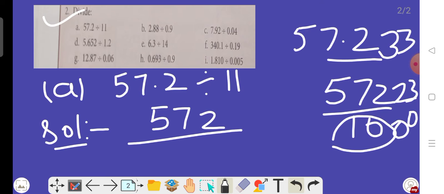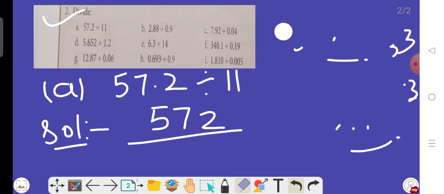We have to divide the number by a suitable number according to the number of digits given after the decimal point. If there is 1 digit, then we divide by 10. If there are 2 digits, then we divide by 100. If there are 3 digits, then we divide by 1000. And even if there are 4 digits after the decimal point, then we will be able to remove the decimal point by dividing the given number by 10,000. Okay, understood beta?